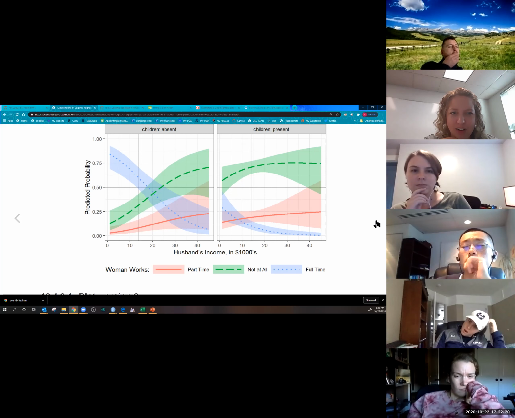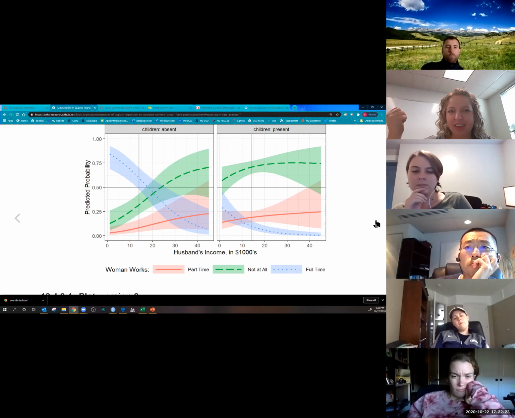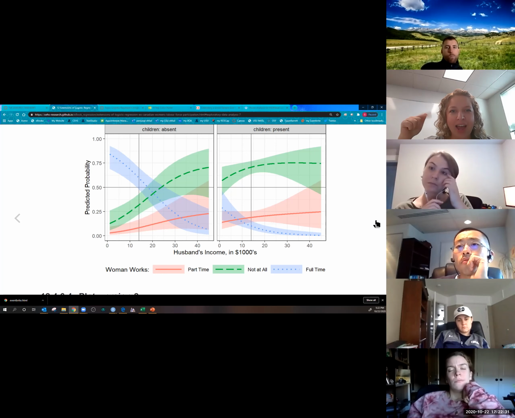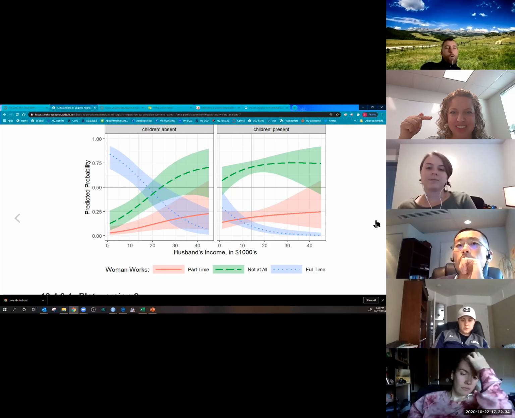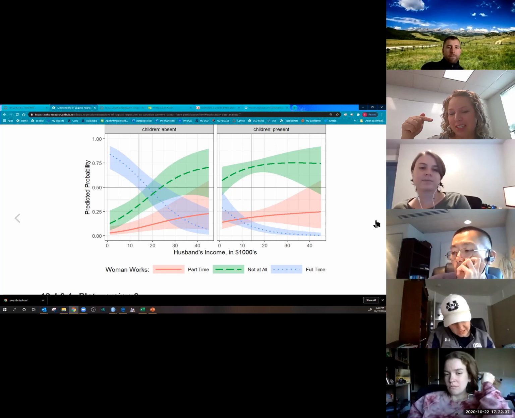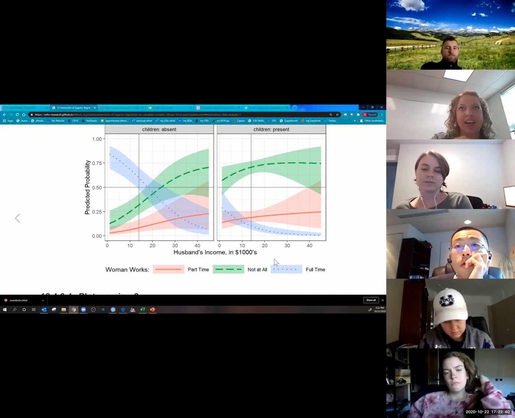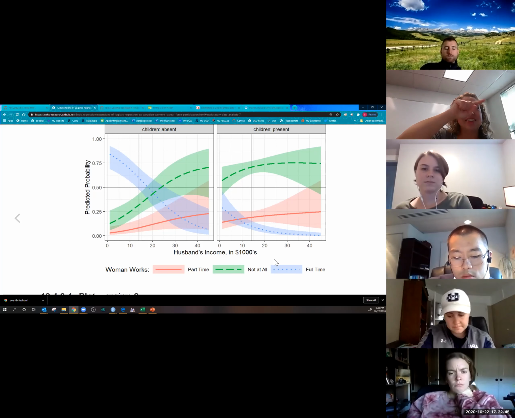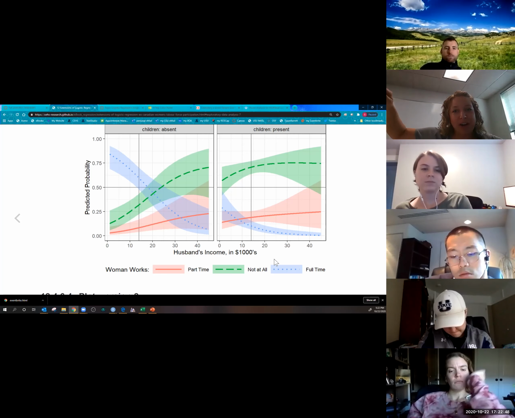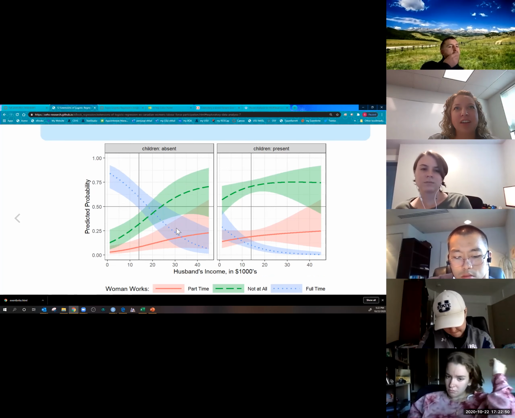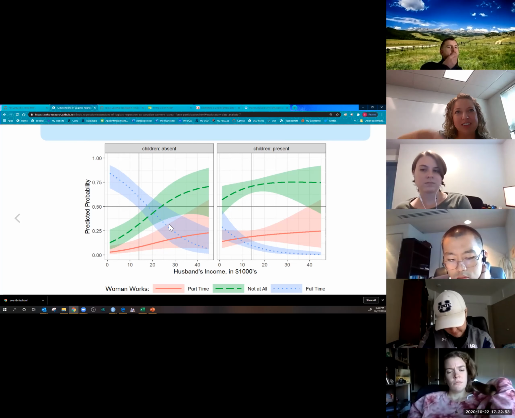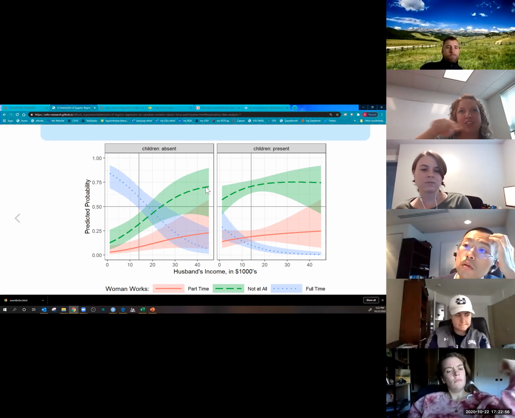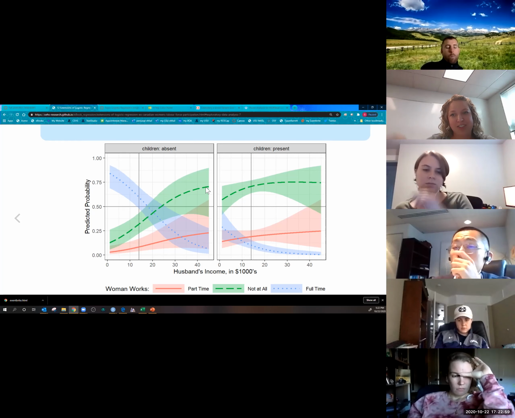So how many different levels of the outcome are there? Wife working. It could be none, some, full-time. Those are the different lines. Now, what's our y-axis? We plotted it back to the probability scale. That's why on the probability scale these are not straight lines. They're the S's, but some of them are stretched out quite a bit and some of them are squished. So this blue one, you can kind of see it's an S backwards. The green one, it's an S this way, but it's stretched out a little bit. That red one is stretched way out.